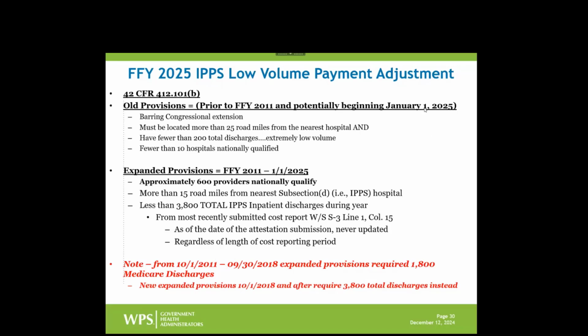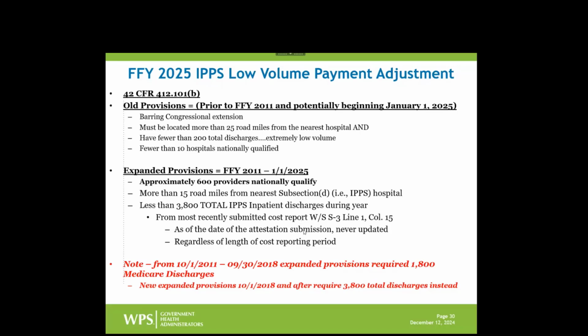And again, right now, it's set to expire 12/31/24. So we're not sure what CMS or what Congress is going to do. There's already some legislation, let's say there's a bill in place. We don't know when and 100% for sure if it'll be passed, but I strongly assume it will be. It's been that way multiple times. So we'll wait and see what Congress does. And then even if they were to pass it by 12/31, CMS still has to implement it, and that takes a month, a few weeks.